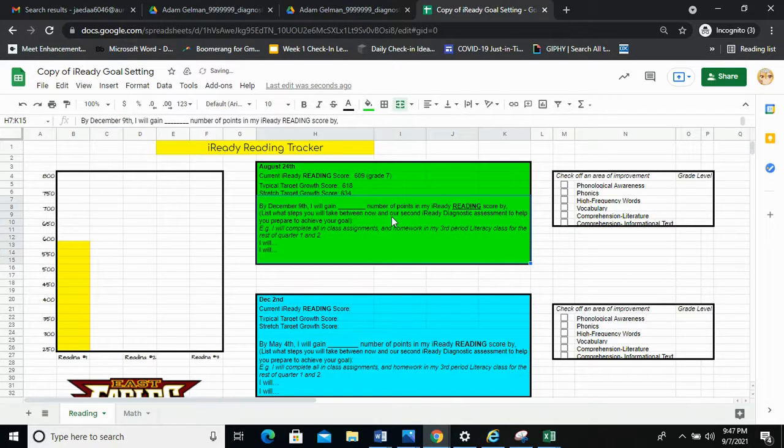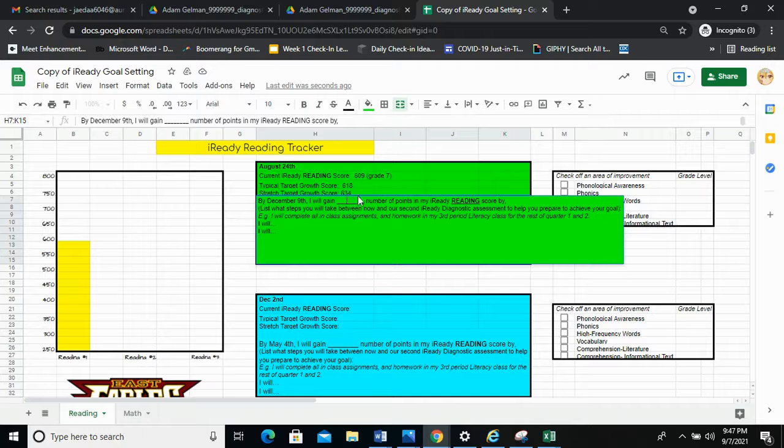And now I'm going to set a goal. By December 9th, that's when we're going to take the diagnostics again. How many points do I think I can gain by the next time that we take the diagnostic? And so remember, these goals are really for the whole year, and so I'm setting a goal where I think I can be at by December. So if you think that you can reach these goals by December, you can certainly set those as your goal. If you want to make it a little bit less than these goals, you can do that also. So I'm going to say I am going to gain 7 points, and